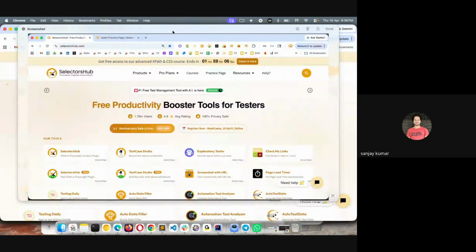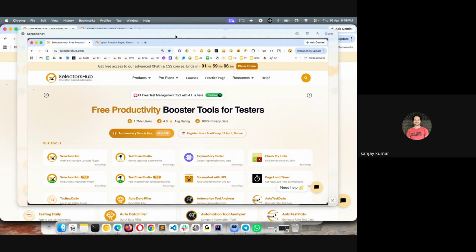Trust me guys, you will enjoy this. You might be thinking that this screenshot thing I'm talking about is a very basic thing, but you will enjoy this. You are going to get a lot of amazing scenarios in this. So here you see that we have taken the screenshot, and with the URL, right? This is with the URL. But the problem here, if you observe in this screenshot, when we have taken this screenshot with the